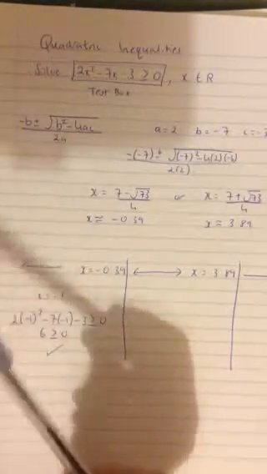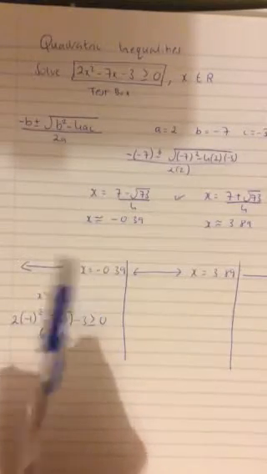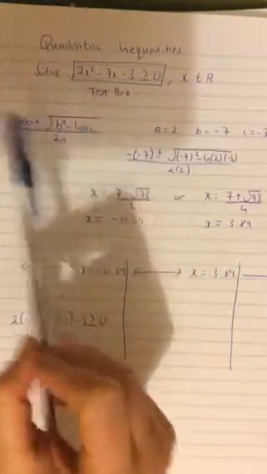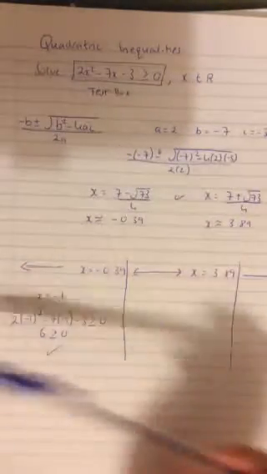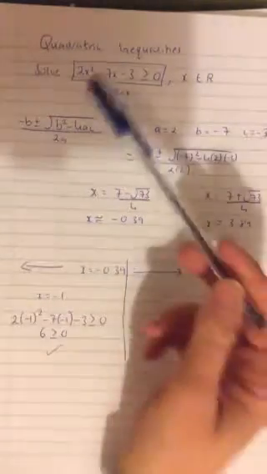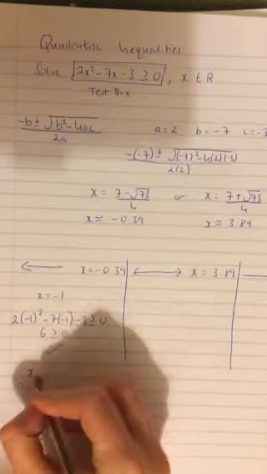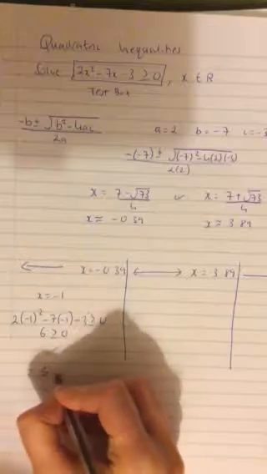So the values that are less than minus 0.39 will work for this particular quadratic trinomial inequality. So all the values, if you test for minus 2, minus 3, minus a half, any values will work in this particular quadratic trinomial. So therefore we would say that the values for x will be less than or equal to minus